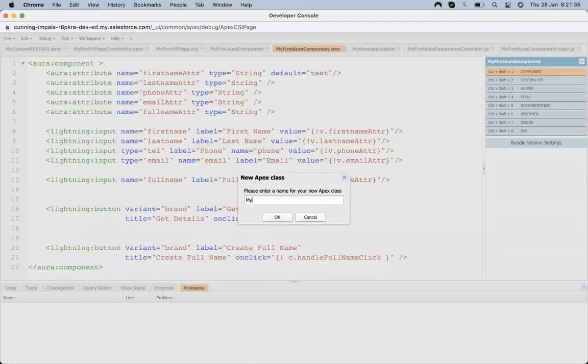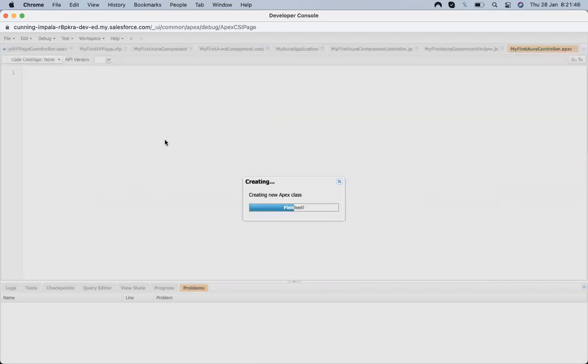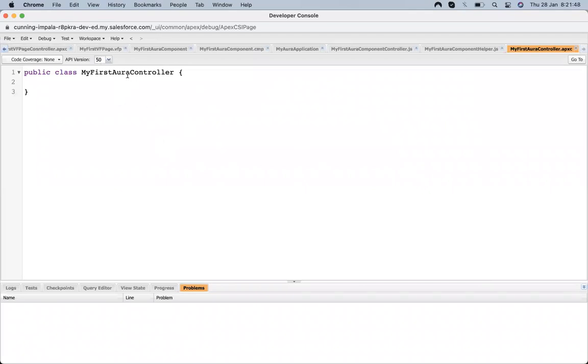Apex class, my controller. I write that, and it's created my first Aura controller. In order to access a method inside an Apex class, we need to declare the method with an annotation, @AuraEnabled, and then declare our method public static.